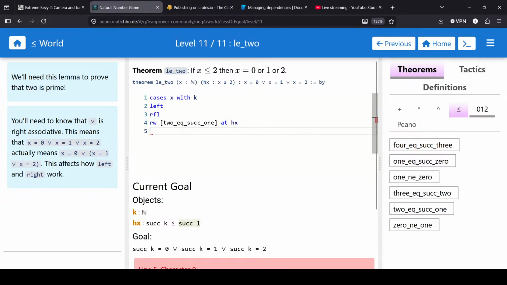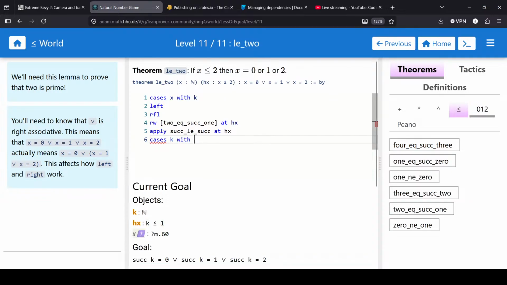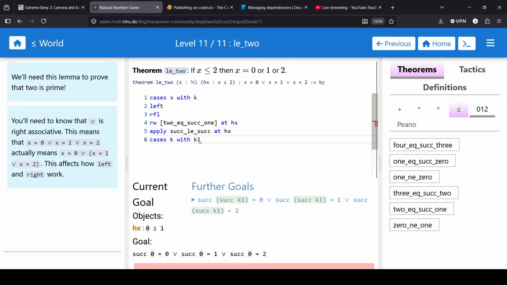Okay, and now I can apply suck le suck at hx, yes. So k is less than or equal to 1. So now I need to cases k, right? Then I can once again